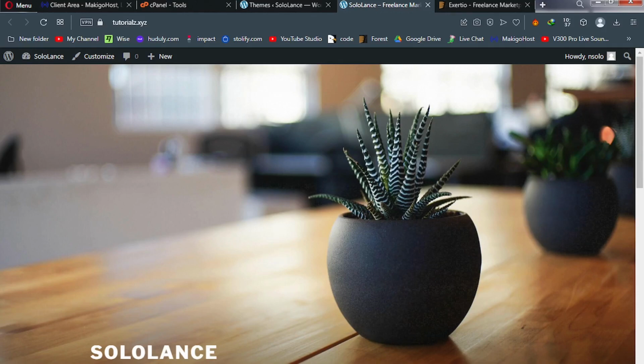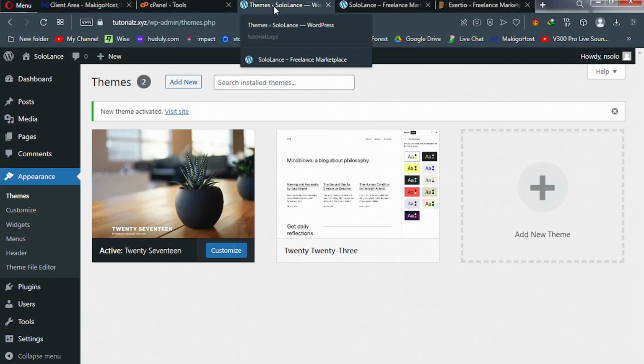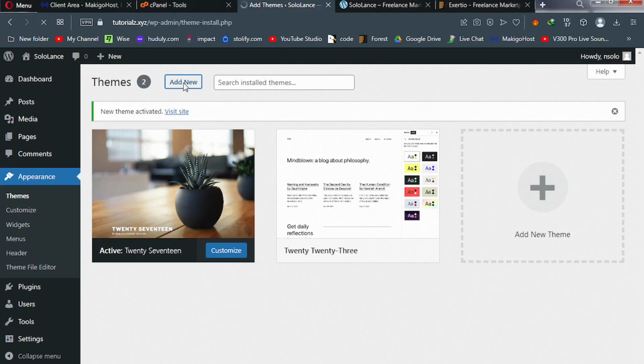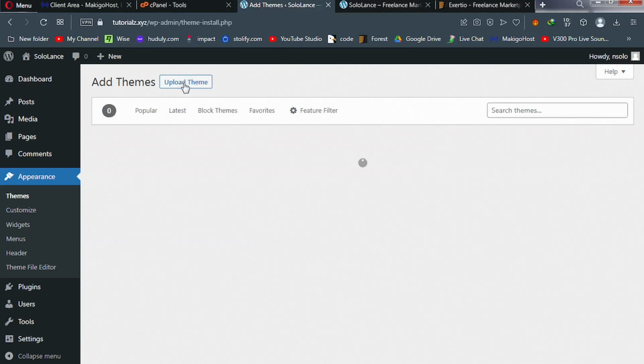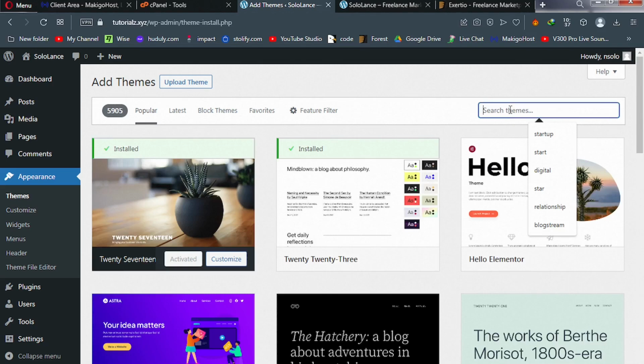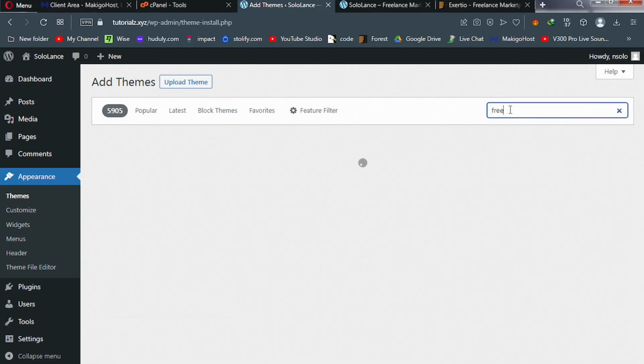So now we're going to build our freelance marketplace. What theme are we going to use to build our freelance marketplace? We have free themes, we have paid themes. If we search for a free theme here and we put freelance marketplace,